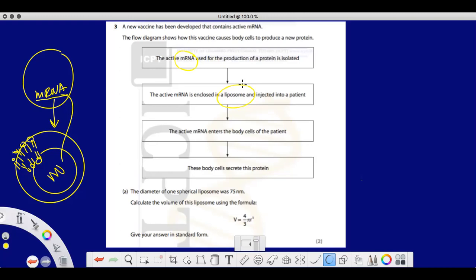Okay, then the active mRNA enters the body cell of the patient. So once it is injected, let's say this one is a host cell, the person